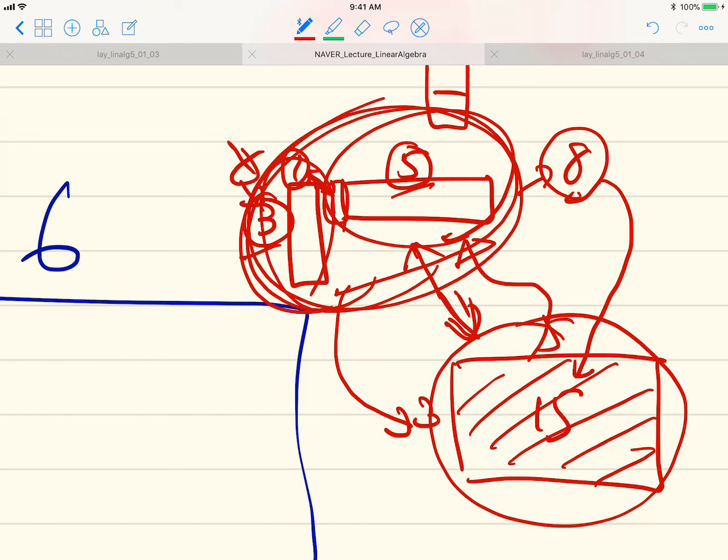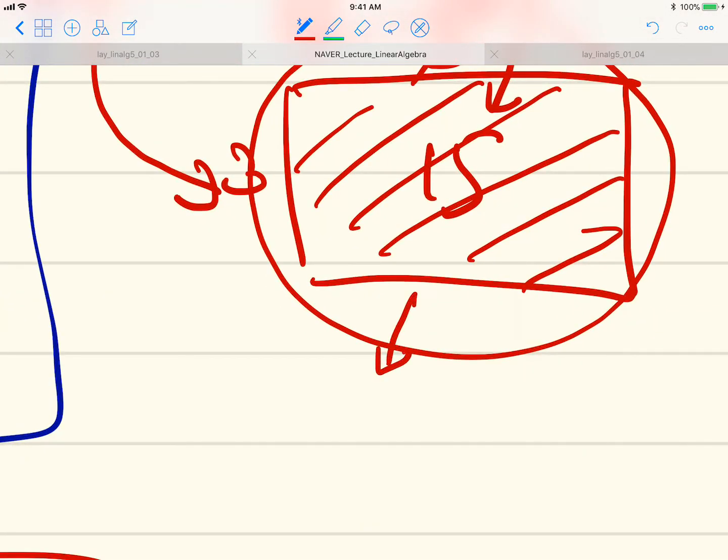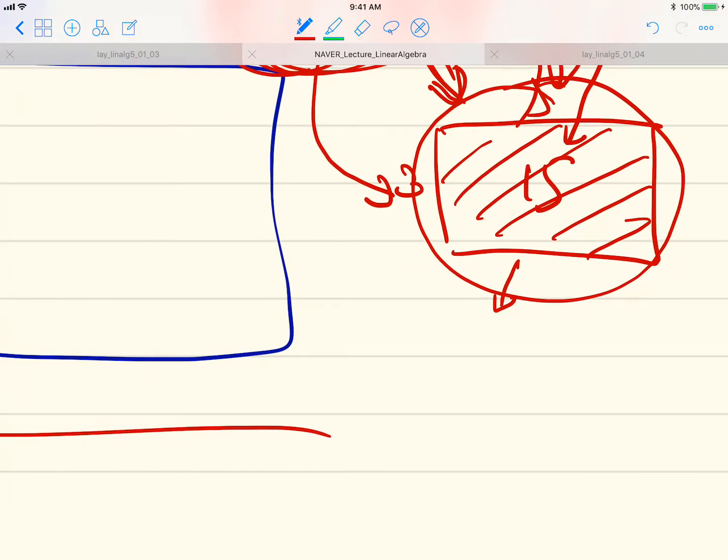So if we can find these two matrices, these two vectors that would have formed this big matrix, then these results will be really useful in many different applications, like machine learning and artificial intelligence applications. I cannot give a full explanation about how we can utilize this in different situations, but